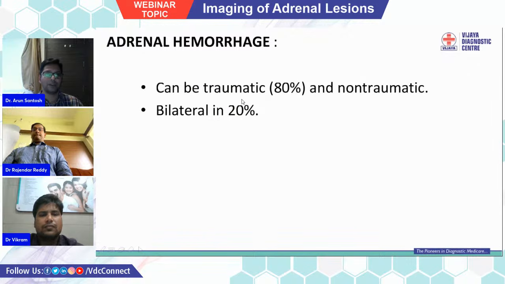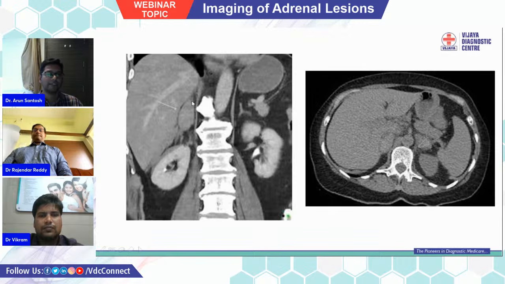And adrenal hemorrhage can be traumatic, and most commonly non-traumatic, and bilateral in 20% of cases. It is important to recognize adrenal hemorrhage because the patient can land up with adrenal insufficiency. Here we can see a well-defined oval-shaped hyperdense lesion involving almost the entire gland, and this patient had trauma. Additional findings are right perihepatic fluid and perinephric hyperdense fluid, suggestive of a hemo component, and this is a right adrenal hemorrhage. In the corresponding left adrenal, we can see the beautifully normal orientation of Y or V shape with no focal lesion.